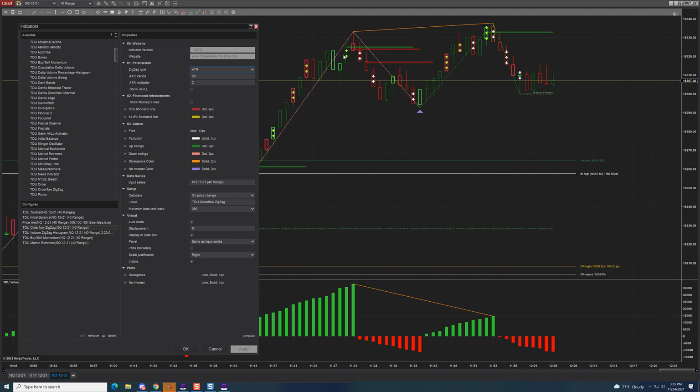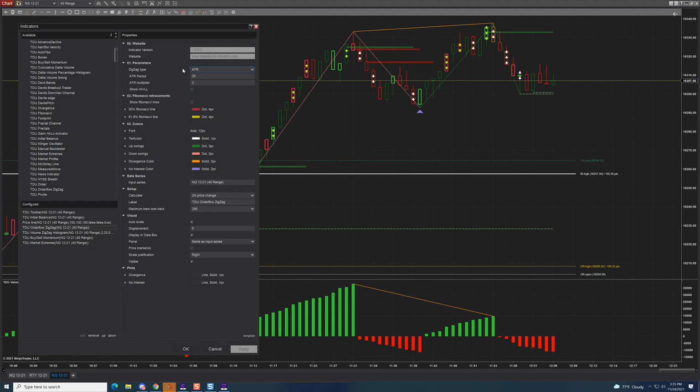I think there's a balance there. Too much can cause overtrading. Too little, and you're going to miss some of the important swing structure. So this is really up to the individual trader what your preferences are. This is just what I happen to like. Now, what's important to note here